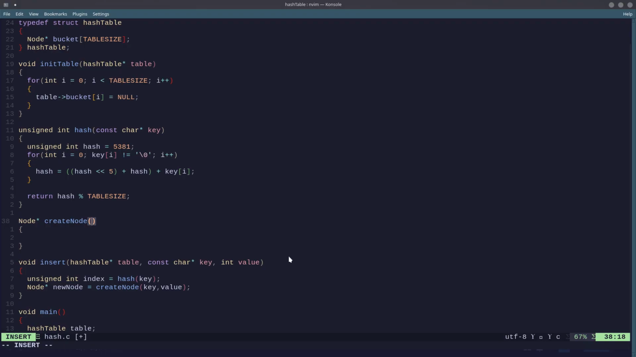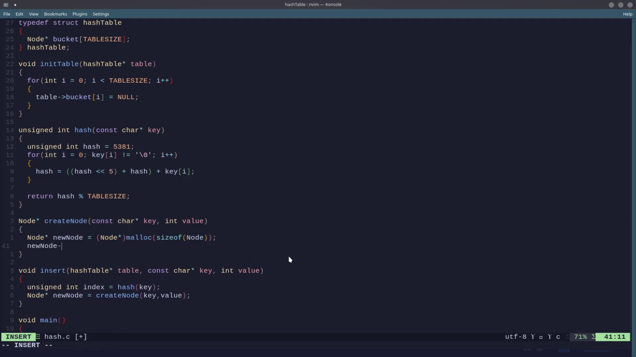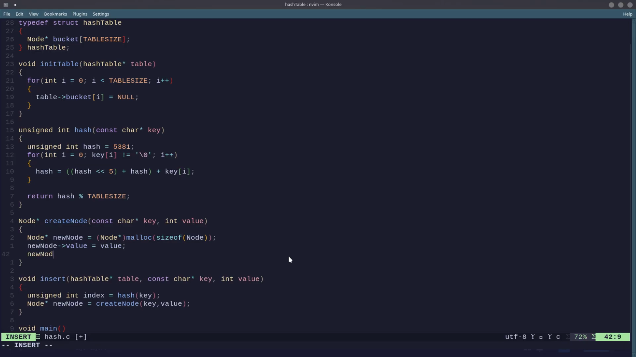Okay. This one needs the key and the value. And Node star new node. I think this should be fairly stock standard by now. Should be familiar with this from the last tutorial. Size of node. Great. And then new node dot value equals value. New node dot